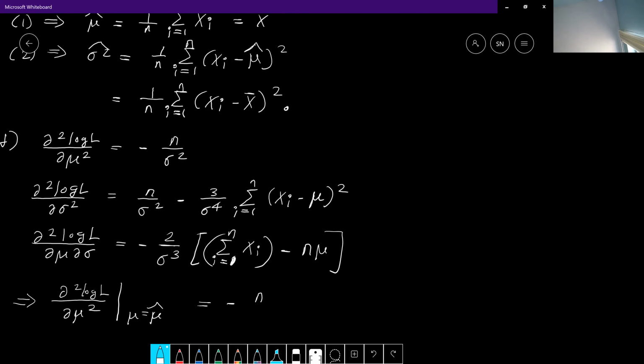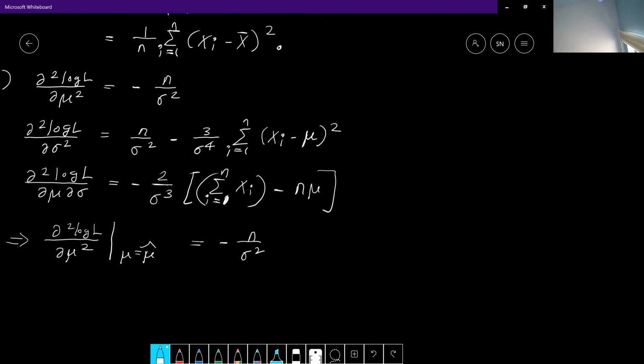There's no mu hat in this expression. And the value of the second derivative, partial derivative, is going to be equal to